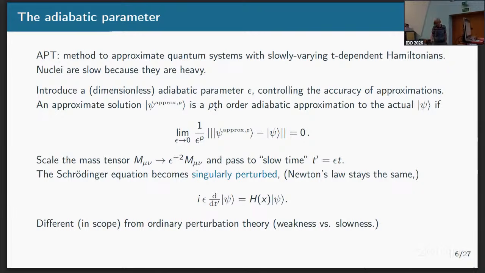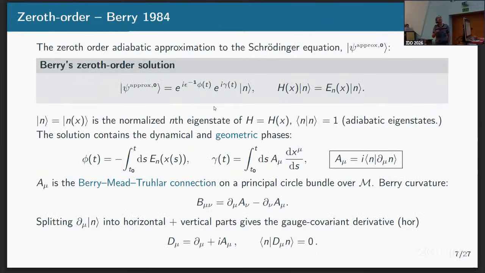What happens in your equation of motion is that your Newtonian part for the nuclei stays the same, the dependence on epsilon cancels, but you get a singularly perturbed Schrödinger equation for electrons. And this is how you do the approximation. So you expand this equation in powers of epsilon. Okay. So, as I said, the zeroth order is very well known due to Sir Michael Berry and his seminal work